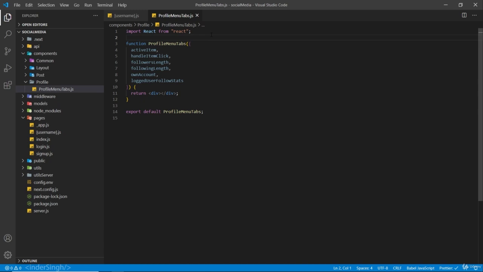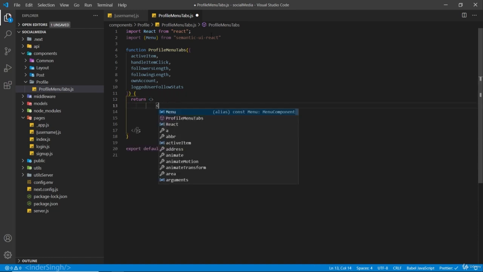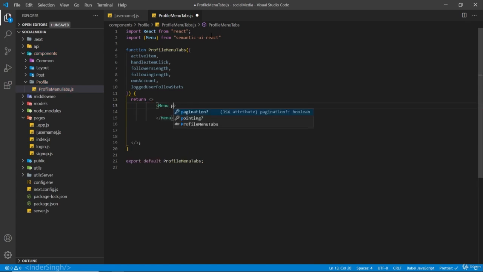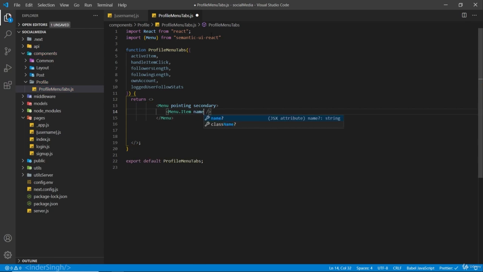And here inside this component, we are going to import menu from semantic React. And inside the return statement, let's remove this div. And here we are going to have a menu. And it is going to have props of pointing and secondary. And inside this menu, we are going to have a menu.item. The name is going to be profile. And it is going to have an active prop. So if active item is equals to profile,